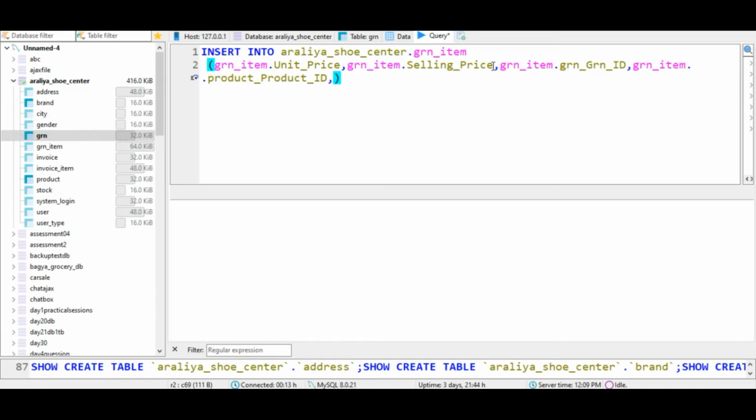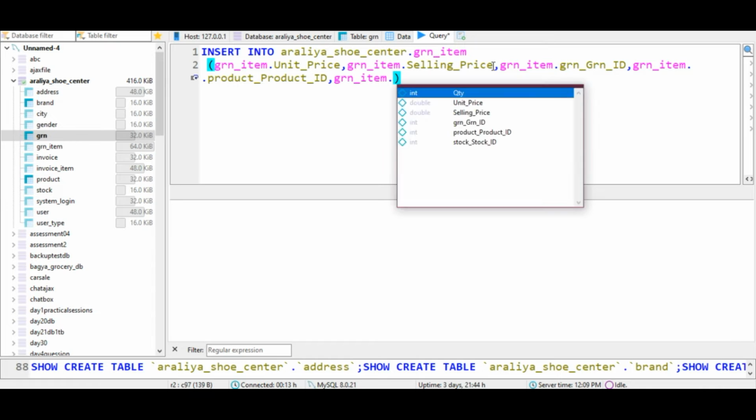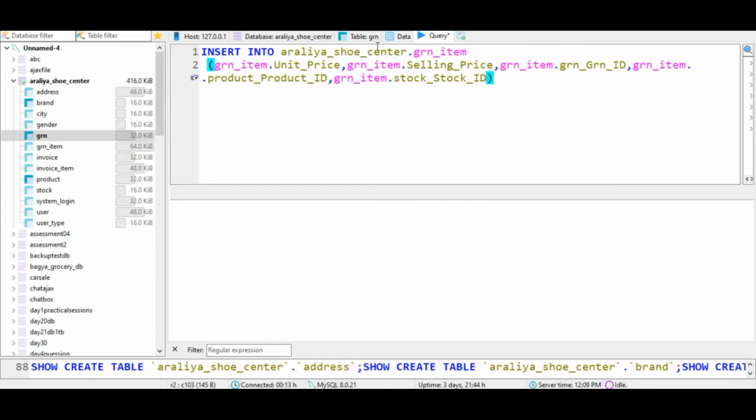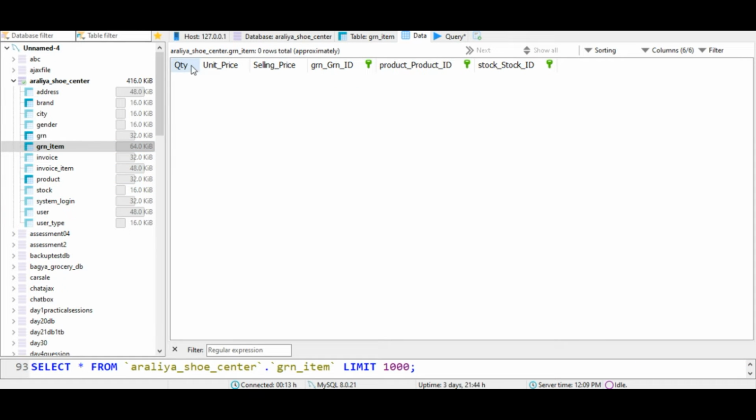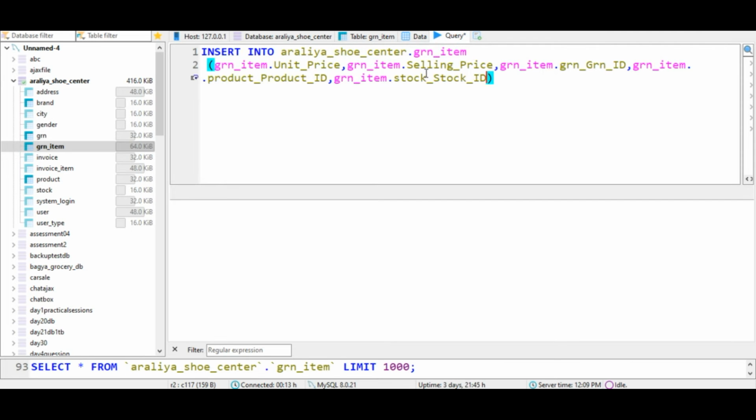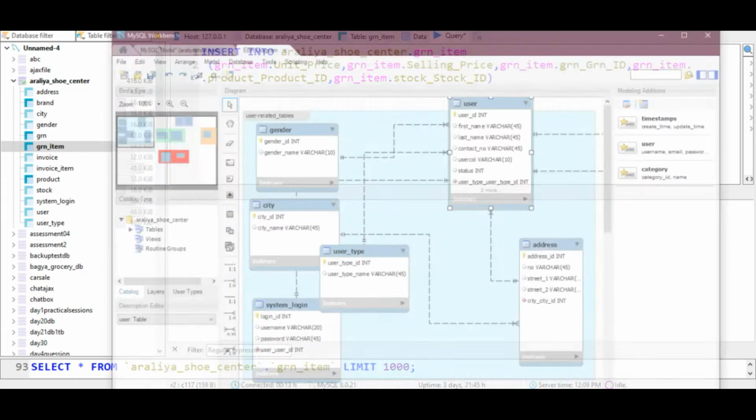Also we have GRN items stock ID. So how many columns in the GRN item table? 1 2 3 4 5 6. 1 2 3 4 5. We have 5. Let's take a look at our